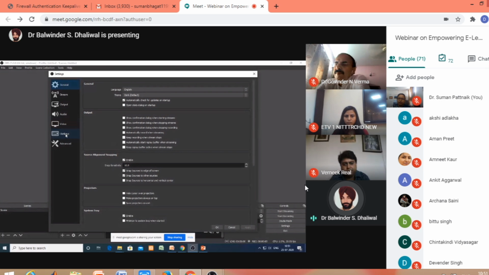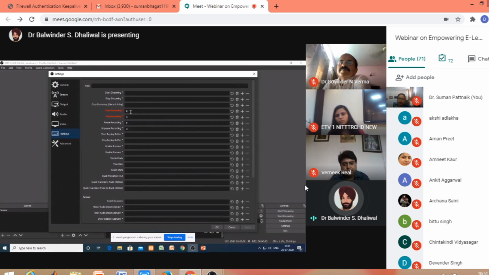So we can assign these hotkeys for start recording, stop recording, pause recording, or unpause recording. So here, I have already assigned R for start recording, S for stop recording, T for pause recording, U for unpause recording, or we can change as per our requirement. So we are using say two only, R and S. So we'll apply, and I will now press OK.